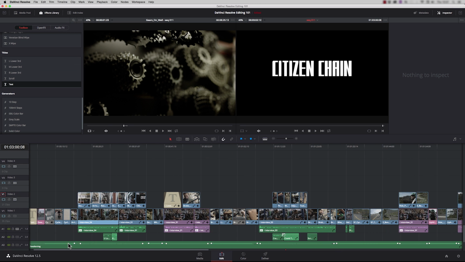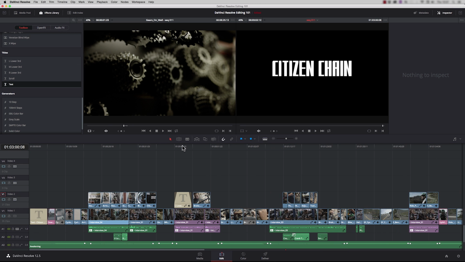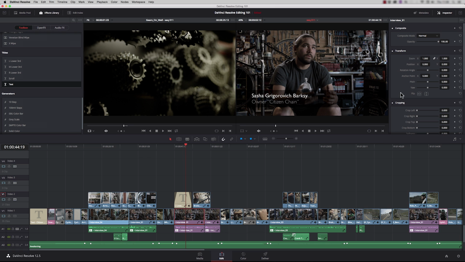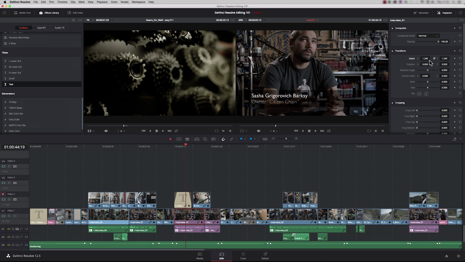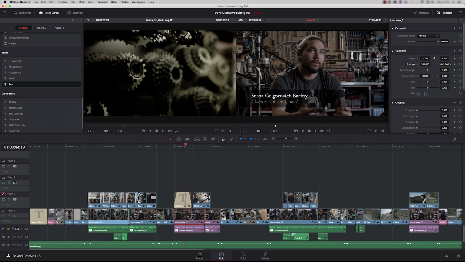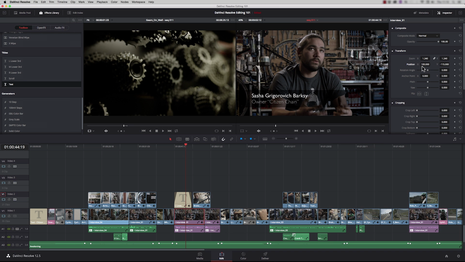So if you want to adjust a clip's appearance, you just need to open up the inspector with that particular clip highlighted. So let's go back to that lower third. And what I want to do is reposition the interview subject using the inspector. So I just simply highlight it, then the inspector properties become available, and we could just zoom in now. Let's reposition. This is great if you've got 4K material on a HD timeline, because you can really zoom in